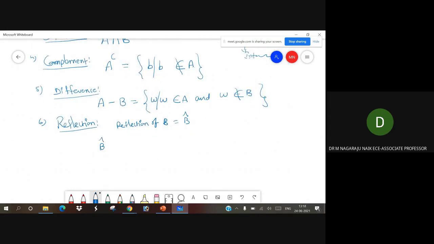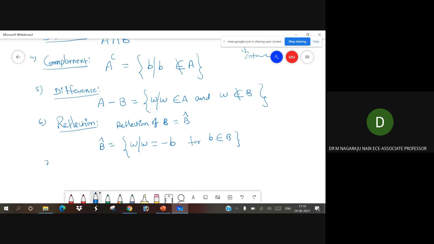So B cap is equal to the coordinates of W such that W is equal to minus B, for B belonging to set B. So B cap is equal to minus B, then it is a reflection with all the coordinates.